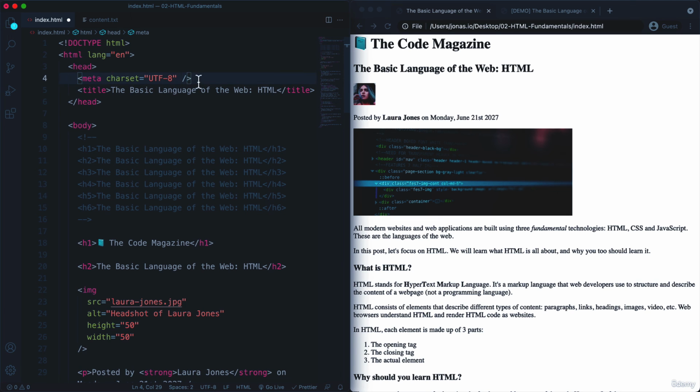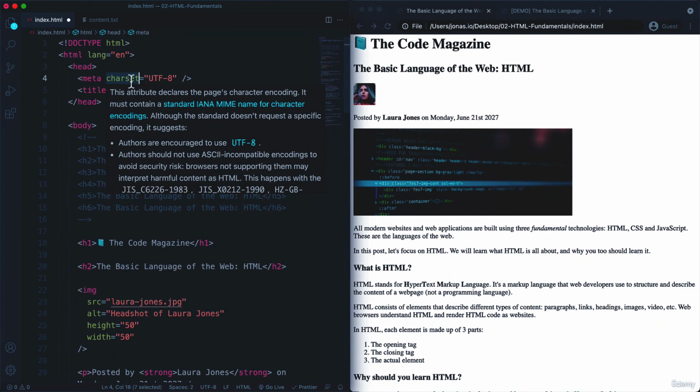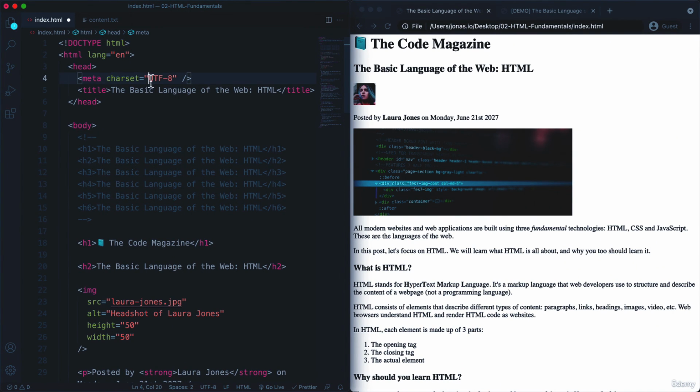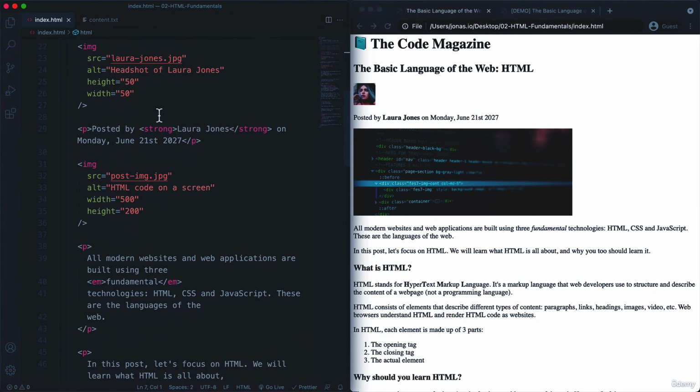Okay, now I'm not spending a whole lot of time on these elements and on this kind of stuff, because later when you actually build your own pages, then this will all happen automatically. Okay. So this was just to show you that this is just another way or another place in which we need some attributes where we then need to specify a value for it. All right. So UTF-8 here is the value that we specified for this character set attribute. Okay. And yeah, I think that's it for this lecture. So see you in